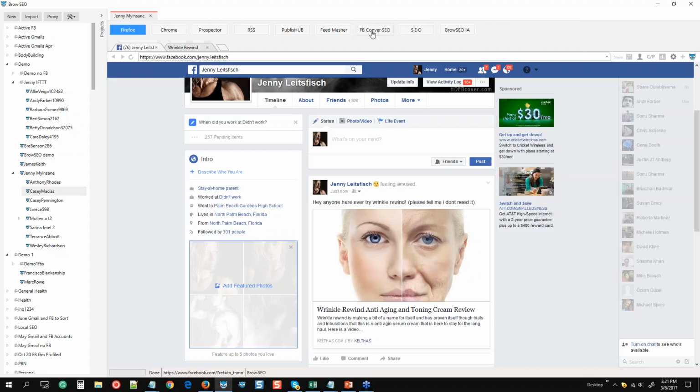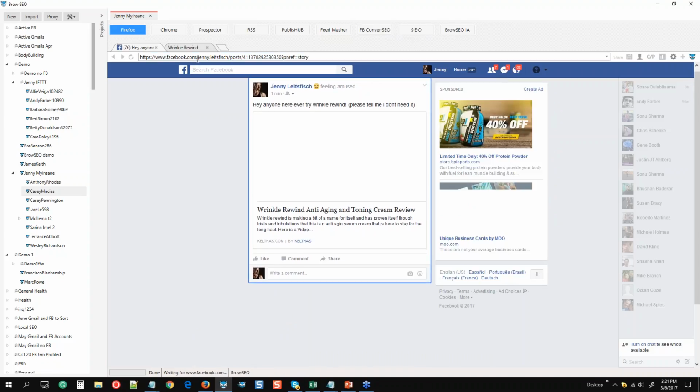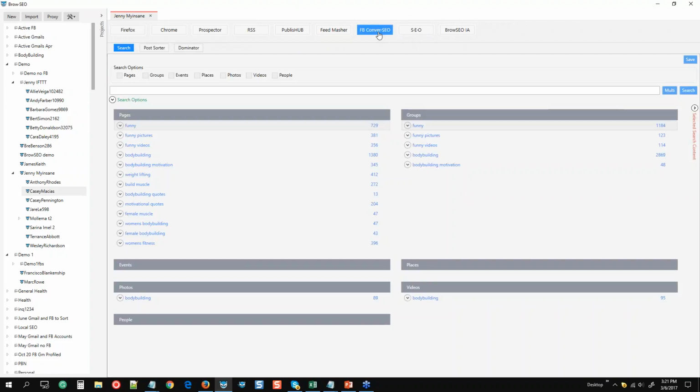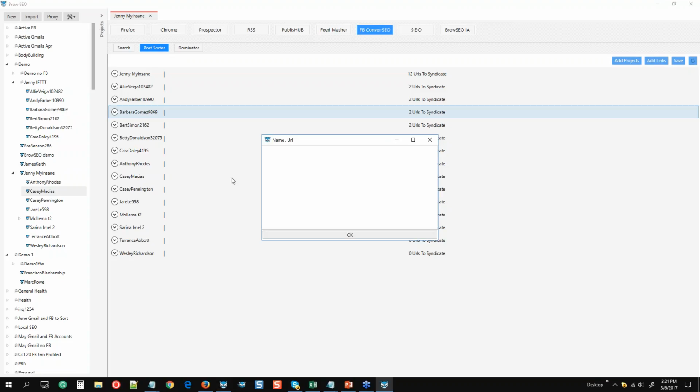I'm going to put this into FB Conversio, but I could put it into the SEO module, and I can put this URL into BrowSEO IA. It's just to play with it and mix and match, and I'll show exactly what I mean. I'll do each one, right? So here's the actual URL, the URL to this post. And what I can do now is I can come to the post sorter here, and I can go to add links,